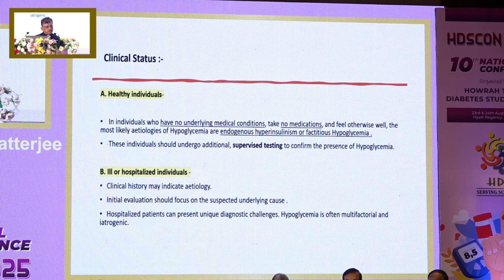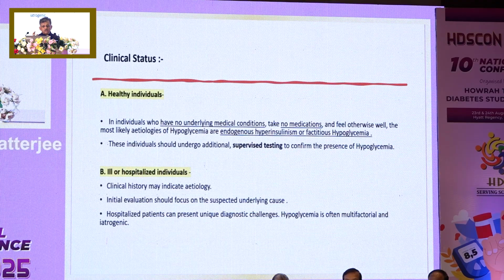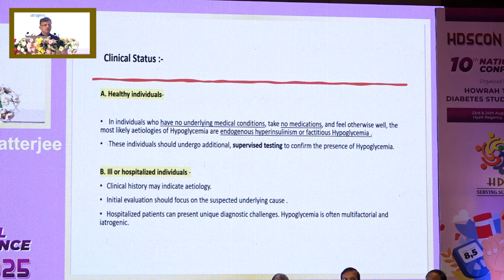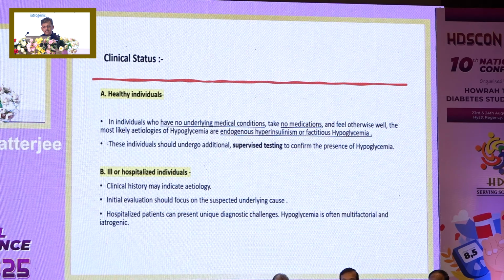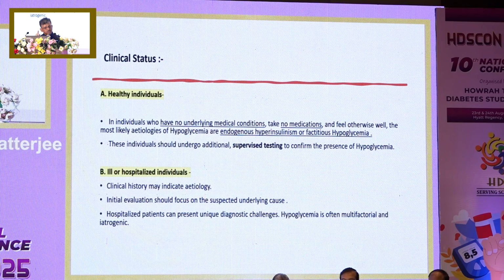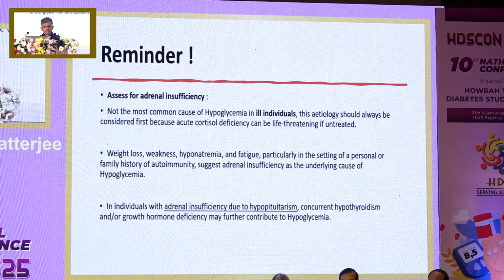If you have the chance to talk to a patient who has documented hypoglycemia, take a clinical history, ask about the drugs he or she is taking, and try to understand any underlying medical condition. It is very important, because a hospitalized patient may have multiple comorbidities and complex causes of hypoglycemia, including iatrogenic. So be very careful about that. If the patient is seriously ill, treat the hypoglycemia. If you have time, take the history, do a clinical examination, and send whatever biological material you need to test to diagnose hypoglycemia. I'll talk about that later on.